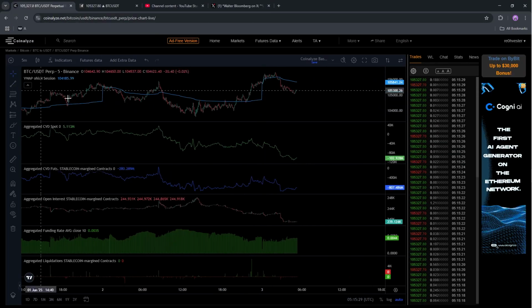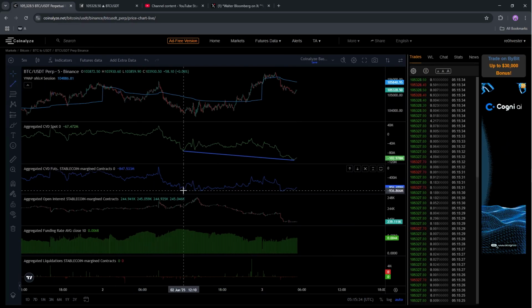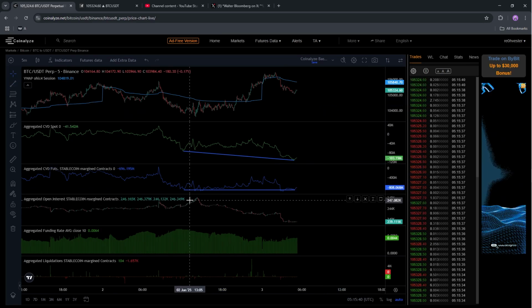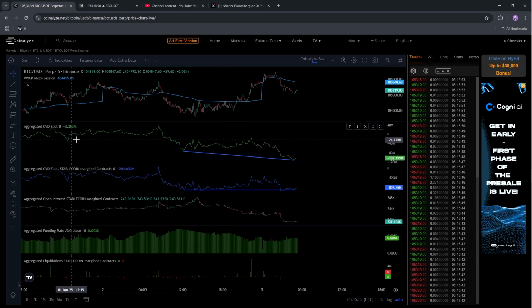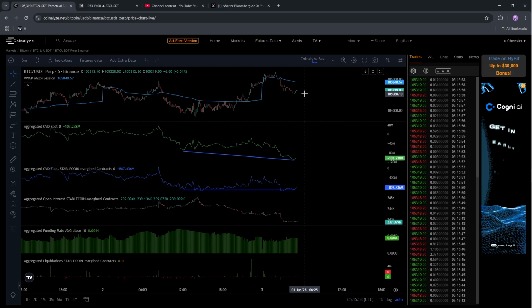Flow wise, active participants on spot are making new lows, but on the perp side, not really, and open interest resets, so actually it's kind of good. What I see here is that passive participants decided to step up, because we see some divergence in CVDs and also in the price. For me, this is a good indicator that we're not rotating to an extreme.